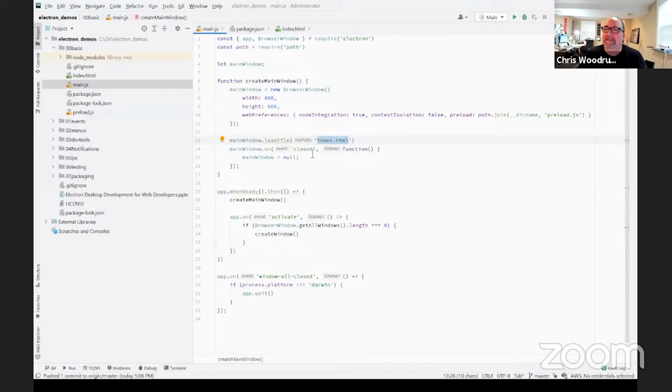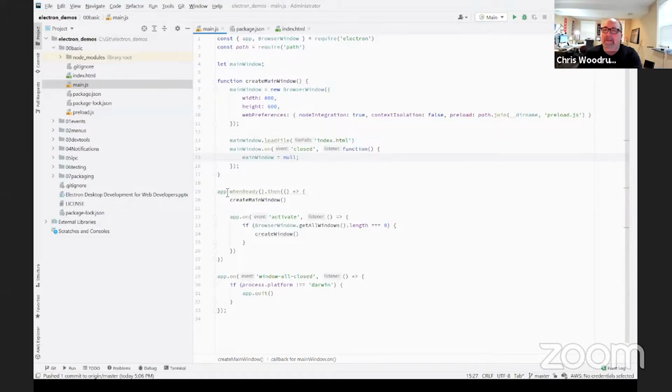And then in this case, I'm also setting an event. So I'm saying that when the main window has its closed event fired, I'm going to set the main window to null. That way I'm cleaning up that memory and I'm not letting all the resources for this window stay around in memory. So just by setting it null, it will free up that main window, and then the app can shut down.